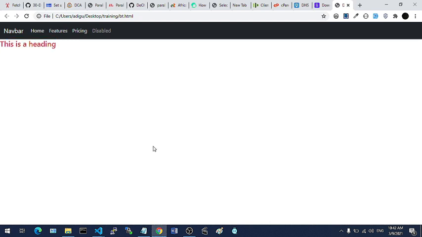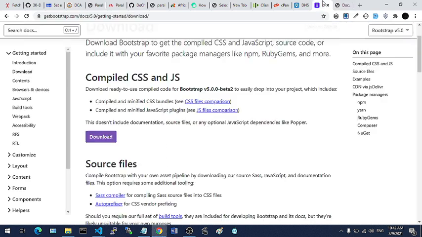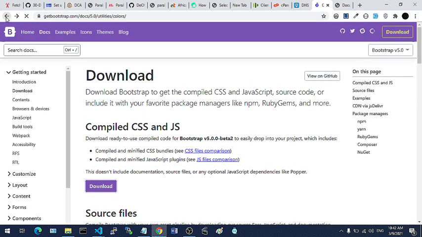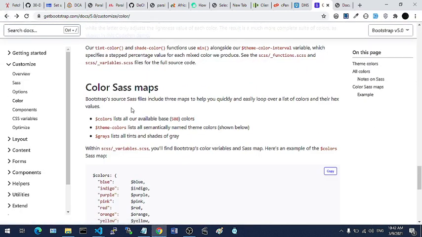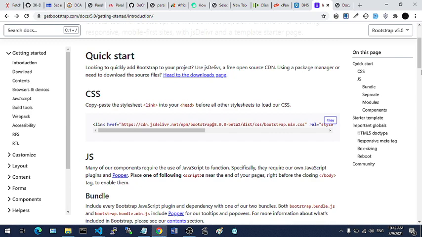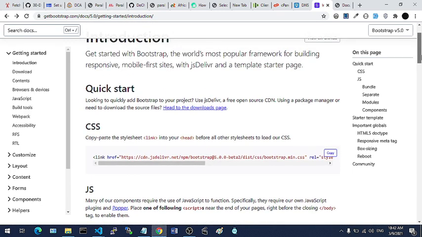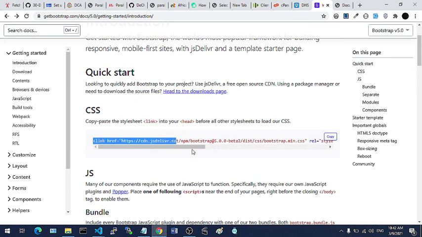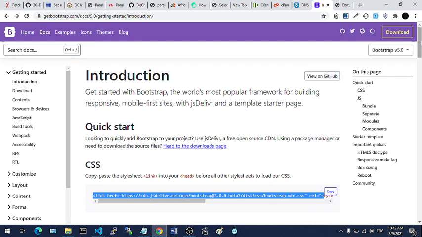So whichever you feel you are more comfortable or convenient with working with, then you can always use it. But one thing you should always remember is that if you use the Bootstrap CDN, the first one we used, this may not work if you do not have internet connection. So now we are working on a local server, localhost. If you don't have internet and you have used this, it will not work, because this needs access to the internet to load this file from a CDN. But if you download the Bootstrap, you can always use your application, whether it is online or